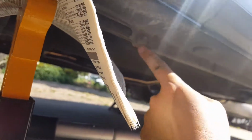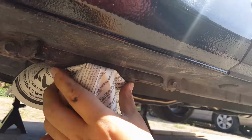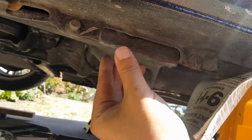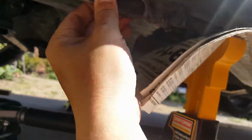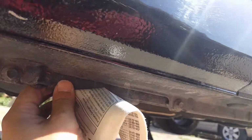That's the fender bolt right here, the last fender bolt. Go to the front a little bit, and then you see an indentation, and that's the one. I'm not quite sure about this one, because when I first started, I was kind of mixed up on this one. This felt kind of thick as well, but I kind of don't trust this one, so I prefer going with this one, and it